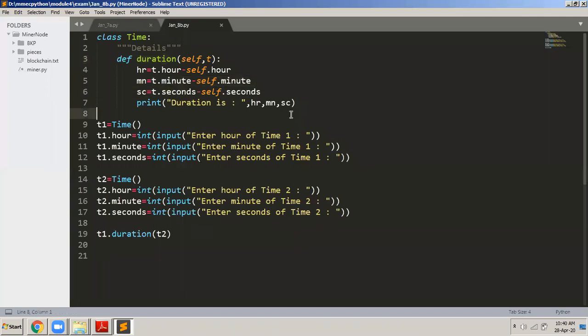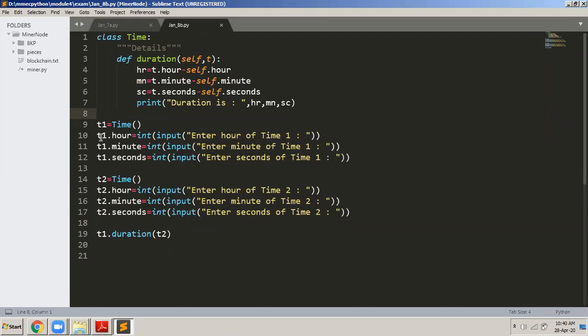If I simply subtract, then I will get the duration. But there was a little problem here, if you remember. The hour was coming correctly. Hours was not a problem. But minutes and seconds were coming in negative. So there is a little logic that you have to apply here, and see to it that the minutes and seconds should not go in minus. Automatically you should get the exact duration of time between the 2 times that we pass as parameters.